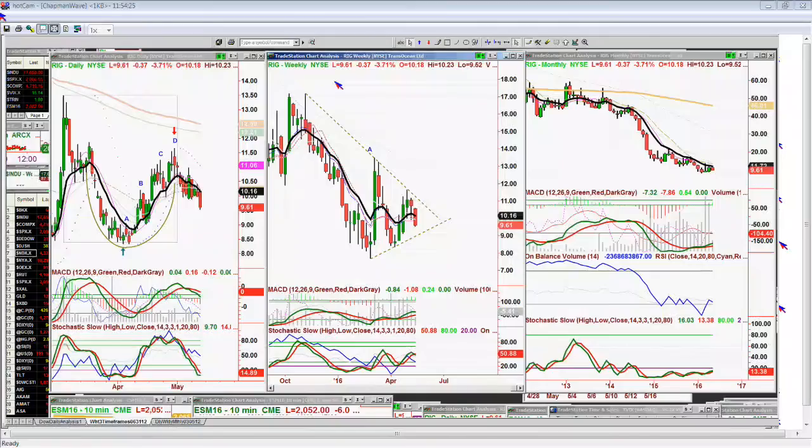Hi, folks, we're back. So I got a question about RIG and ORH. RIG is Transocean Limited. It made a peak D in the Chapman Wave daily chart. It's pulled back quite sharply from just over 1150. It's now at 961. There's a triangle formation,